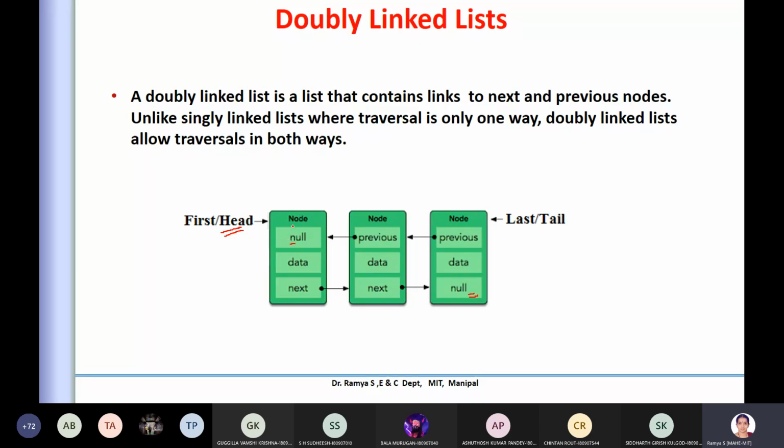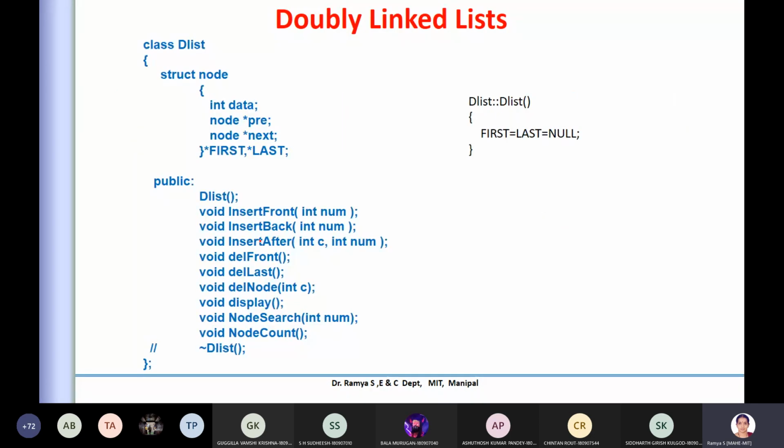Now let us go for the operations. How is it different for the structure here? If you see, in a singly linked list, we have only the data and we have the link here. But in the case of this particular structure, if you observe, we have to keep two provisions: one to refer to the previous, one to refer to the next one. So we are creating two pointers, one is first and one is last. Okay, so this is how the structure is made, and this is nothing but your doubly linked list.